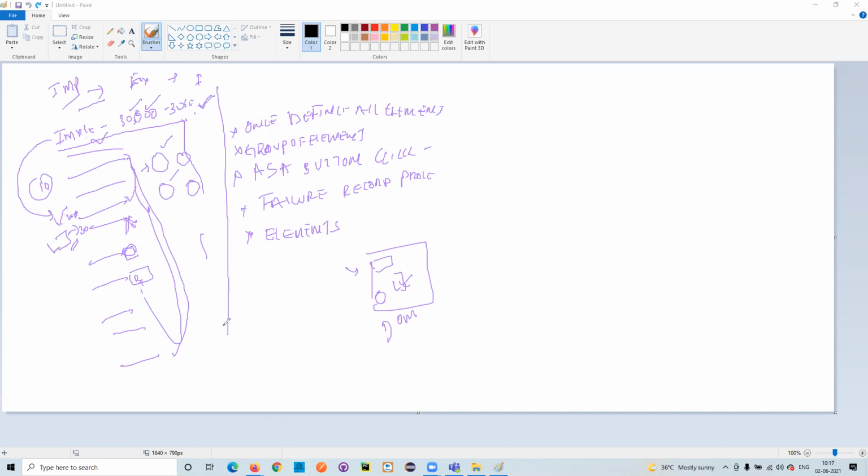Now the elements, for an example: I load a login page, and what I will try to do is wait for the username and password. I enter the username and password, then I'll wait for the login button. As soon as I click the login button, I'll go to the home page and I'll search for a welcome text. I'll wait for that welcome text. See, Selenium doesn't know anything. See, it is really dumb.